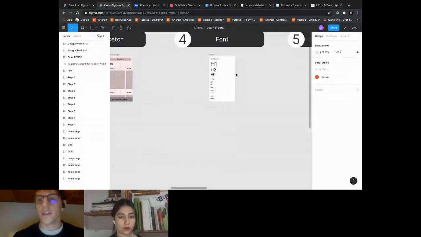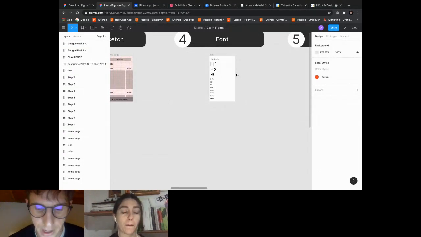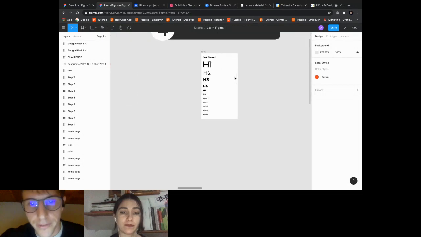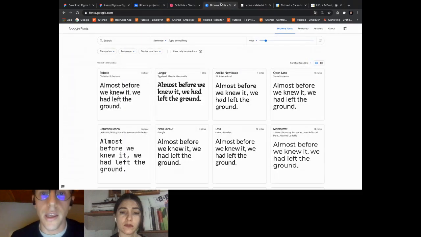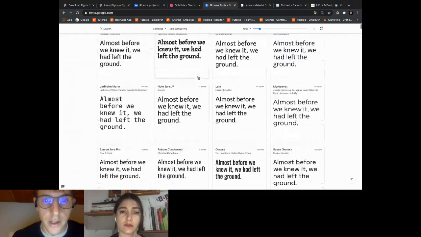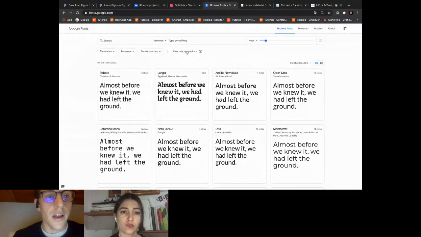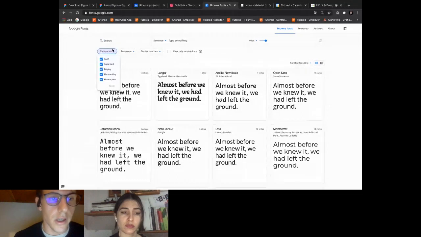Okay, now let's go to the most important part of our design process in Figma, the fonts. Okay, we can download our fonts on Google Fonts. I guess you know this site. If you don't, it's very simple. You can search for your font if you know it, or the client already has a font, or you can choose your font.